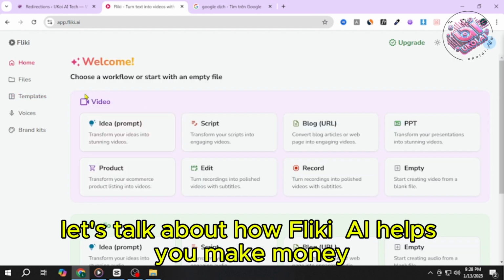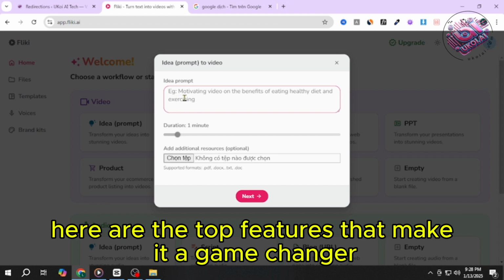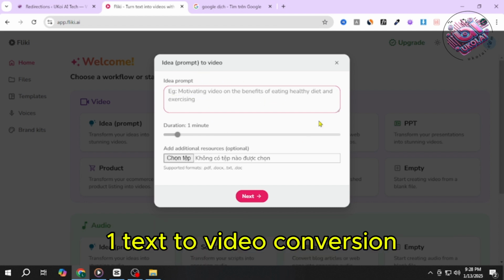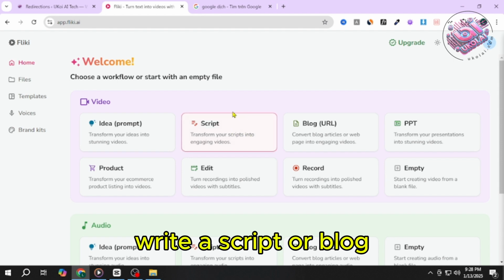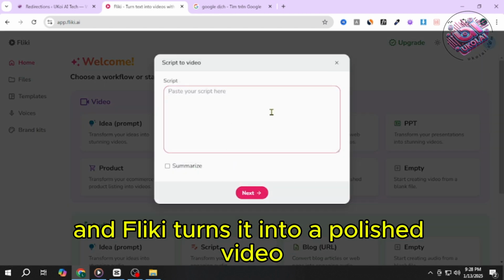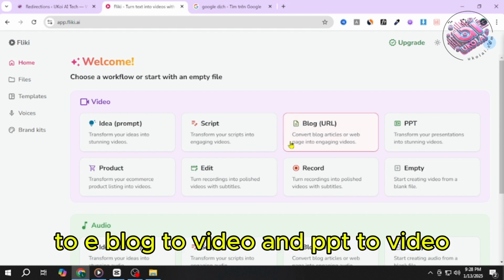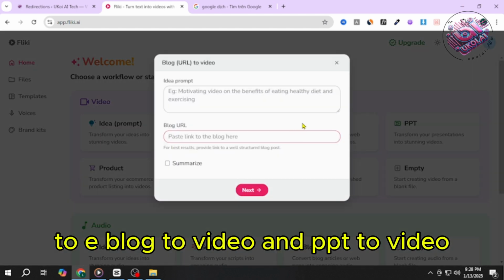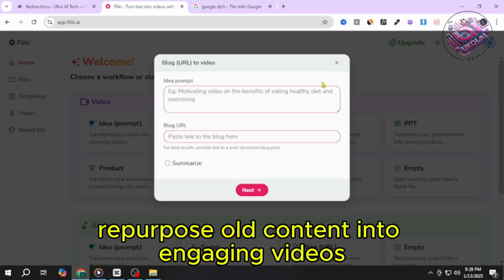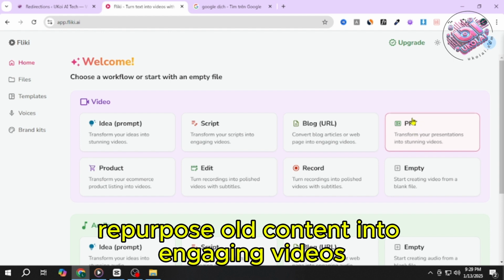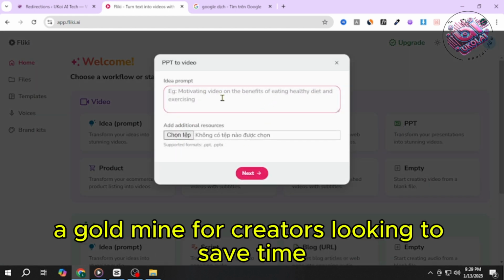Now, let's talk about how Fliki AI helps you make money. Here are the top features that make it a game changer. 1. Text-to-video conversion. Write a script or blog, and Fliki turns it into a polished video with visuals and voiceovers. 2. Blog-to-video and PPT-to-video. Repurpose old content into engaging videos for social media, a goldmine for creators looking to save